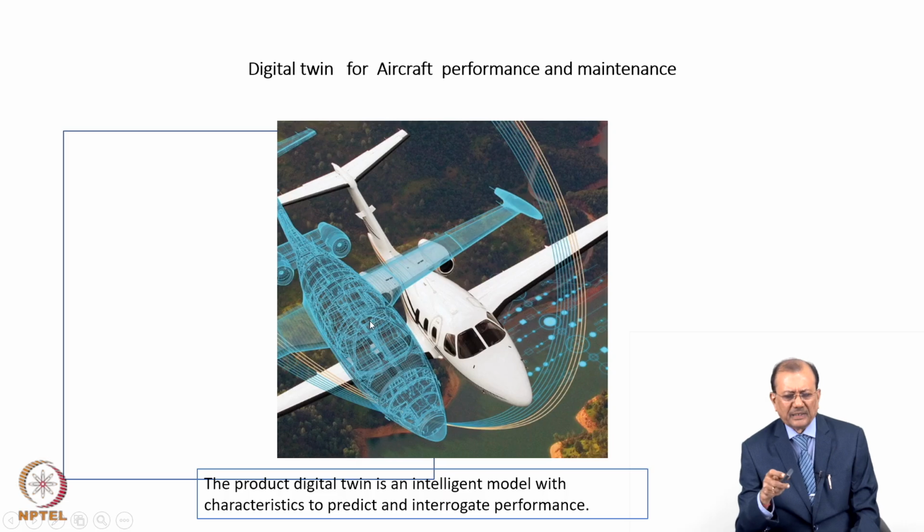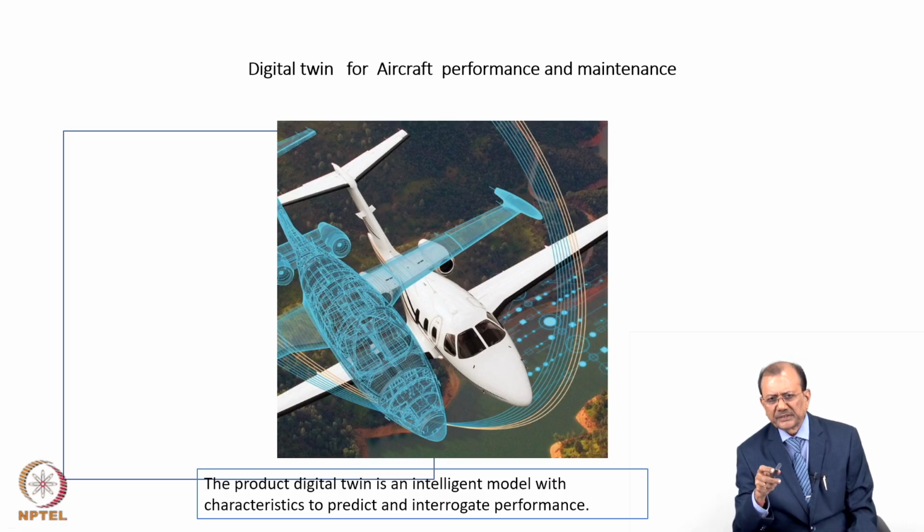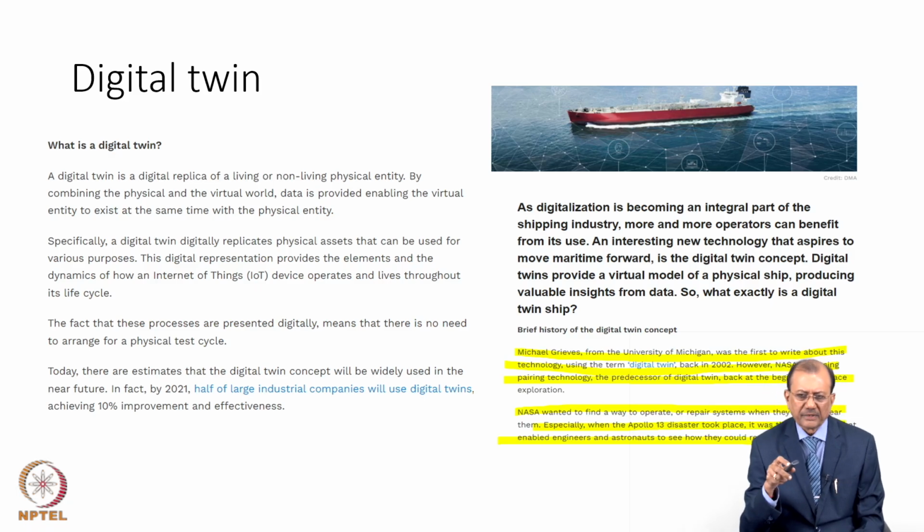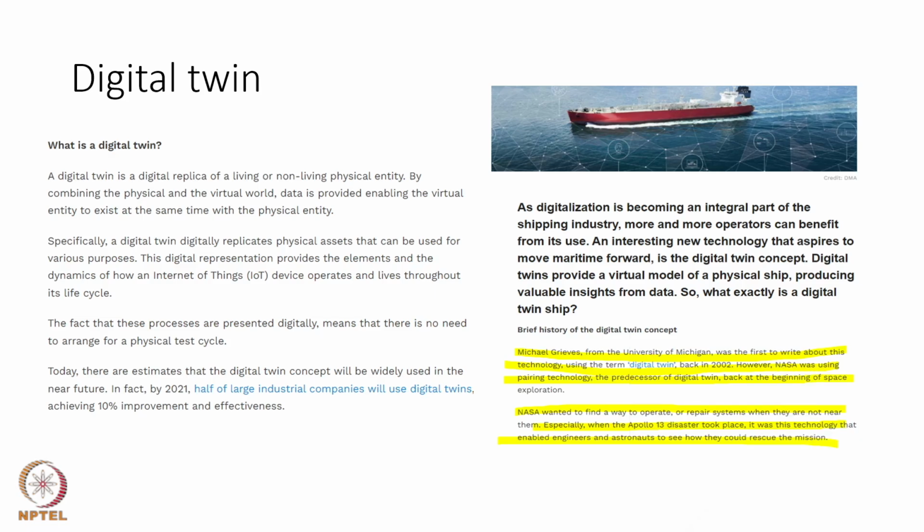So with this, there are a few examples which I have also included in this deck. Digital twins are commonly used in the aircraft industry, and they are commonly used in the ship industry as well, because these are all very mission-critical, very expensive assets, and they need real-time monitoring of the performance of each and every part, each and every piece of equipment and component. Here the digital twin kind of approach is very successful, a very handy approach in this industry as well.